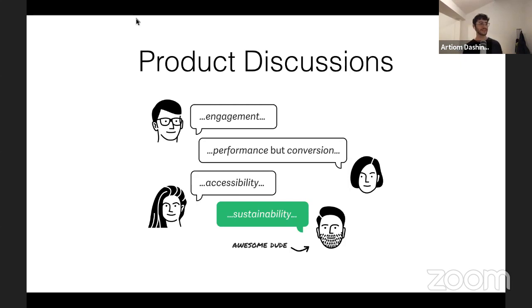But I think that one of the words that we're not hearing a lot, and I invite you to use it and to bring it to these meetings, is sustainability, because many of the decisions actually have impact in the real world as well. So in 2016, I created several design or product concepts of how companies and products that we all are using can make relatively small changes and have a positive impact on the environment, or improve their impact on the environment.